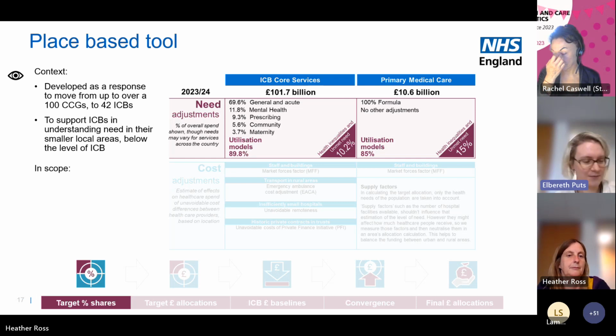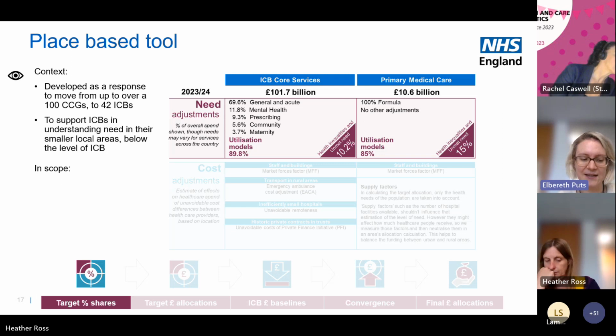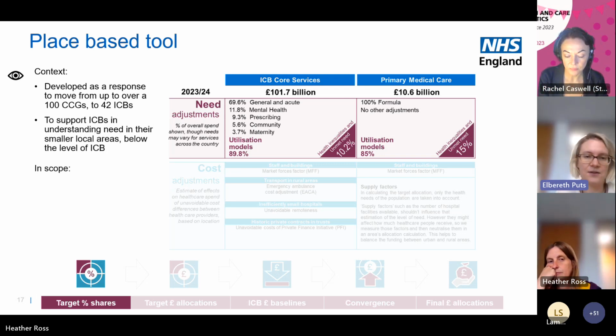I'll start off with some context first. So while our models use individual and local area level data, they determine the share of resources to ICBs only. When that then gets to the ICB, it's up to the ICB to decide how they want to allocate their resources to the places in their system. So